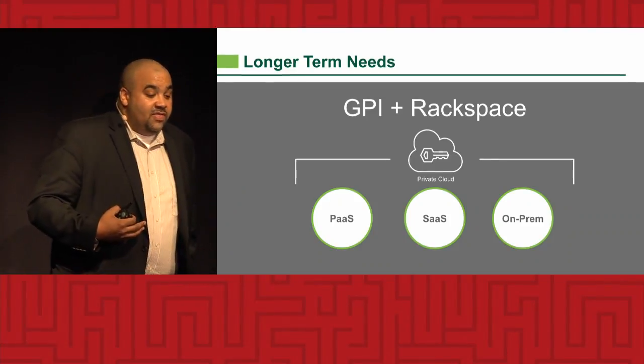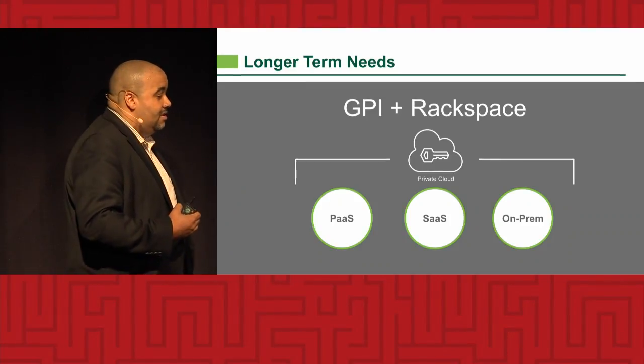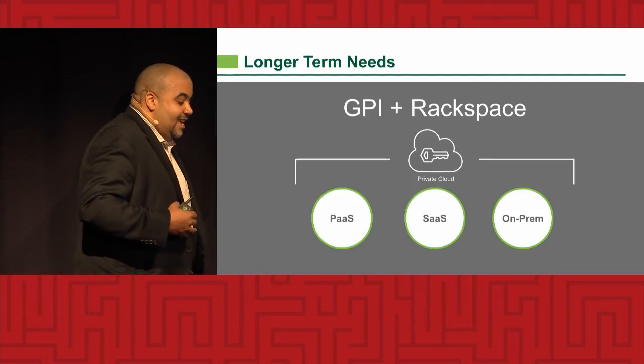And even though I'm on metal, we're talking about hybrid solutions where I can rapidly spin up hybrids of not just on private cloud scenarios, but also hybrids into shared or multi-tenant clouds inside their environment. You know, what Rackspace is bringing to the table for us is this hyper-flexible model that allows us to do things quickly,